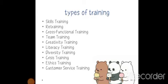Literacy training. Okay, so the term literacy is generally used to mean the mastery of basic skills, the subjects normally taught in schools, like reading, writing, arithmetic, and their uses in problem solving. Now, it is important to distinguish between general literacy and functional literacy. While general literacy is a person's general skill level, functional literacy is a person's skill level in a particular content